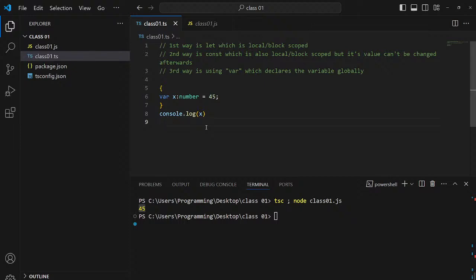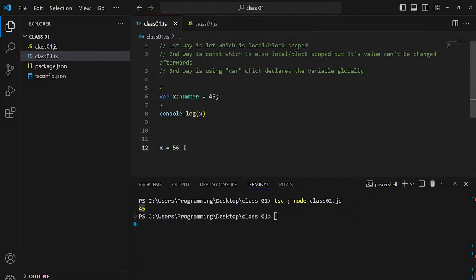I was saying that it's not a good practice to use var in your code, because you can never know if you're using this x here and then you use it somewhere else. Like I have used this x here, and then later in my program I do x is equal to 56. It will override the number 45 with 56, and you will never know the problem here. So it's good to use let and const in your code, but avoid the use of var.